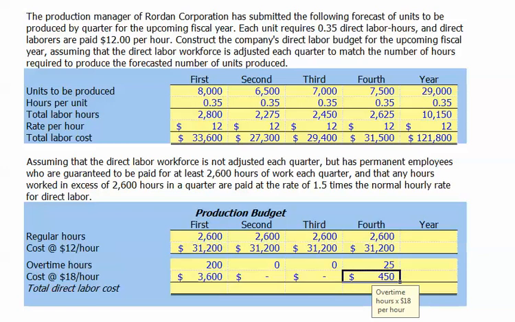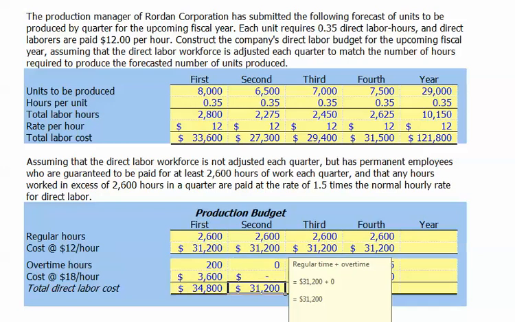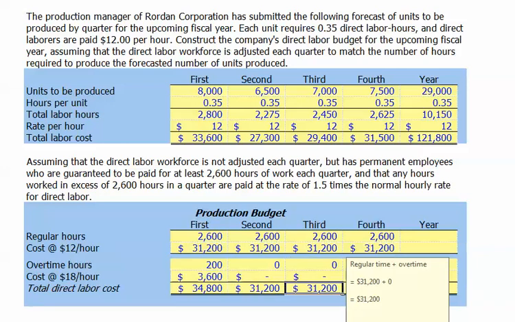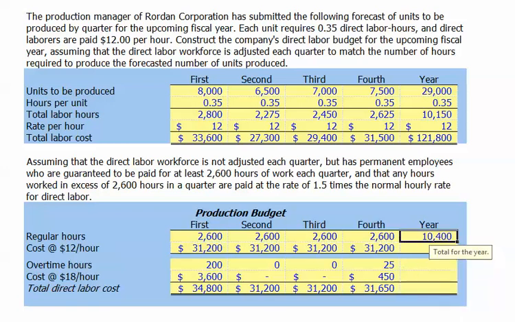$450. This means our total labor cost for the first quarter will be $34,800. That's our regular time of $31,200 plus $3,600 in overtime. For the second quarter, we have no overtime, so our labor cost is simply the $31,200. The same is true for the third quarter. But for the fourth quarter, we did have overtime of $450, which brings our total direct labor cost up to $31,650. For the year, we're going to work 10,400 hours, and we'll pay regular time